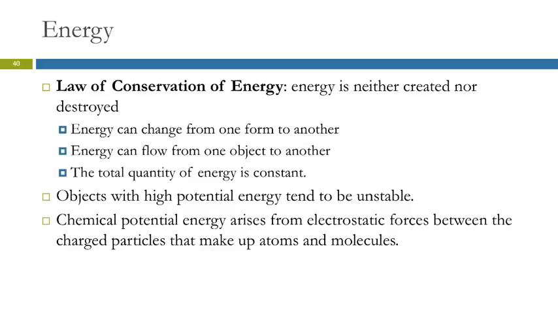Another kind of energy that's important in chemistry especially is chemical potential energy. This is a form of potential energy that arises not from the position that it's elevated above the ground, but from how the particles are arranged within it. So this is the potential energy due to composition. Atoms are made up of charged particles, and they interact with each other. And the interactions between those particles can cause a substance to be stable or unstable, to have high potential energy or low potential energy.